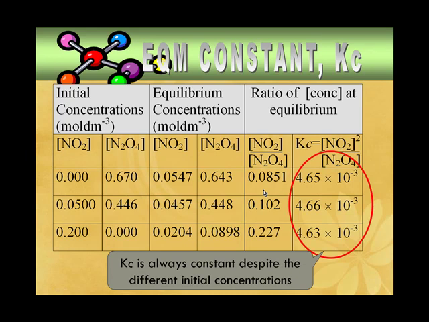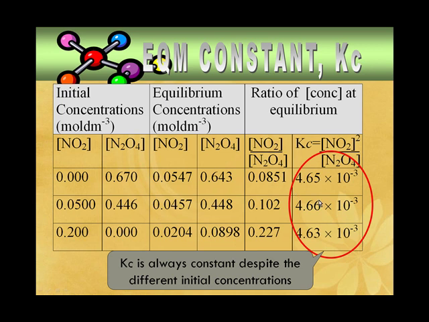If you're still not convinced, we can refer back to this table. In this table, it summarizes the initial concentration of the reaction for N2O4 to be converted into NO2. And you can see that in all experiments, even though the initial concentrations might be different, in the end, at the equilibrium, the Kc value all ends up to be the same,